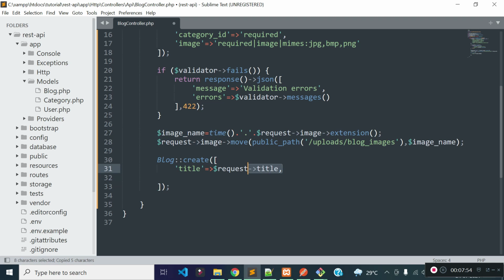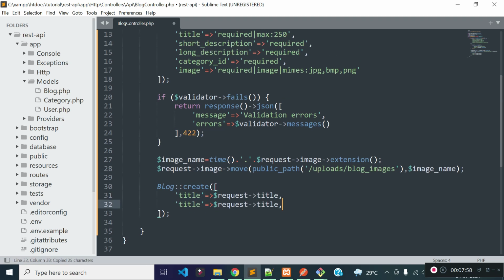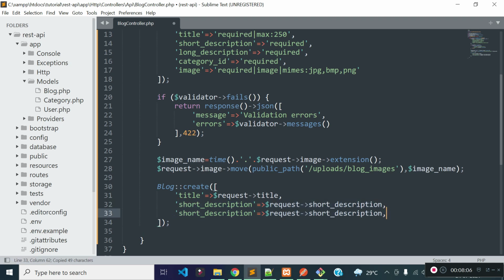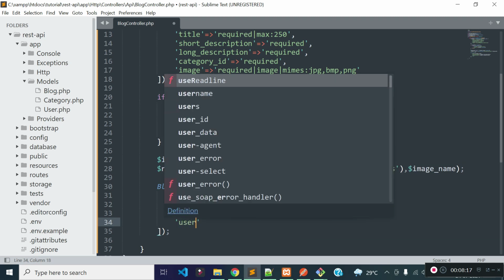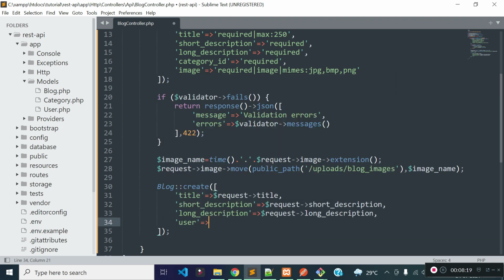Then I will store short description, then I will store long description, then I will store user ID. We can get the currently authenticated user ID with the help of request object.